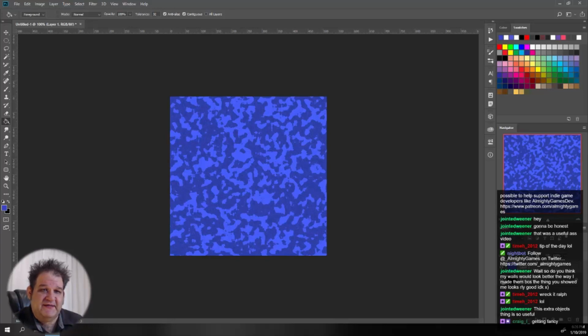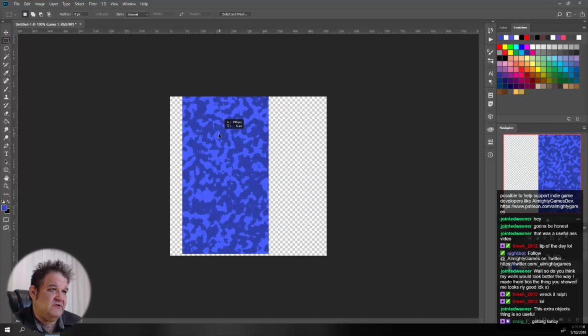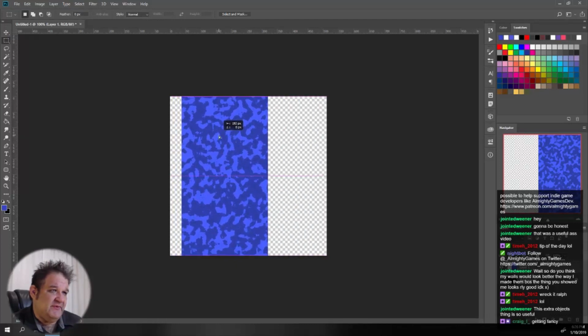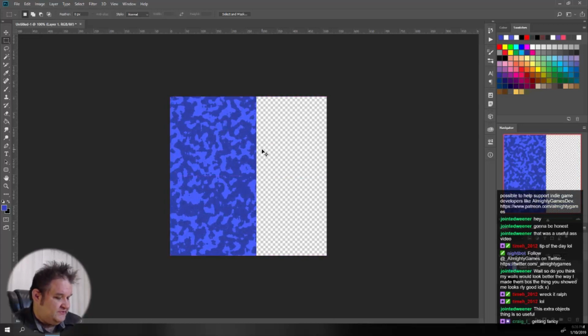We're going to go and hide this background layer, and we'll use the rectangle marquee tool and select about half. It doesn't have to be right down the center. It can even be off to the side like this, but about half of this, and cut that out. And then I'm going to hold on Control, which is basically the same thing as choosing this tool right here, holding Control and snapping that. By the way, I've let go of Control now, snapping that over to the corner, and then Control V to